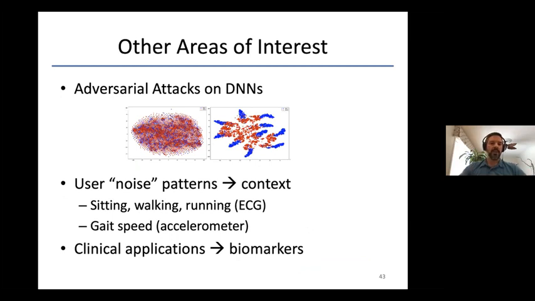But when you talk about deep learning and deep neural networks, adversarial attacks becomes an issue. This is where you perturb a signal input to trick the neural network to think it's something else. The idea is that you're supposed to perturb the input in such a way that's not perceptible to the human. So if you look here on the left plot, red dots and blue dots are supposed to be true inputs and inputs that have been manipulated to serve as attacks. So if you just look at normal features to a naked eye, they're exactly the same signals, but some have been carefully crafted to generate attacks on the neural network.